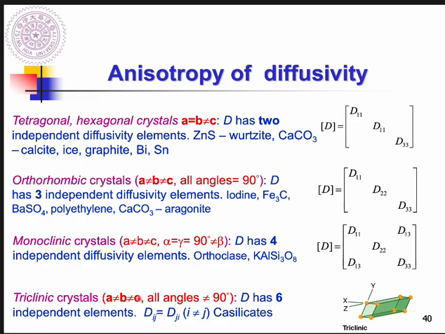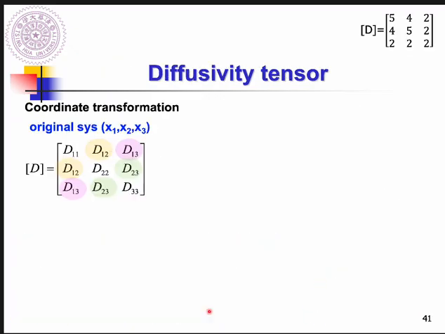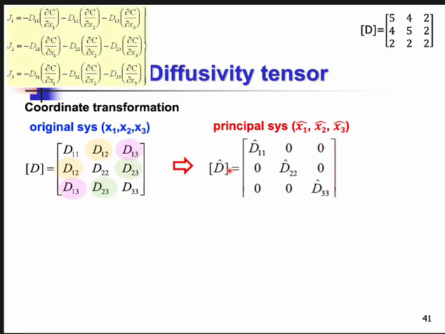A not equal to B not equal to C, which means that for sure you have D11, D22, and D33, and all the angles are not equal to 90 degrees. So which means that you also have the rest of the diffusivities. You have a 3 by 3 diffusivity tensor with six unknown parameters. It's so complicated. But your textbook also highlights that under complicated systems like triclinic, there's a way to simplify the diffusivity tensor from this 3 by 3 down to here